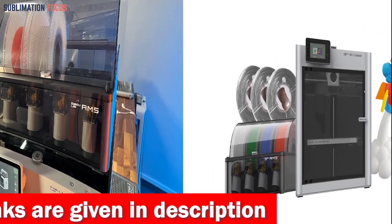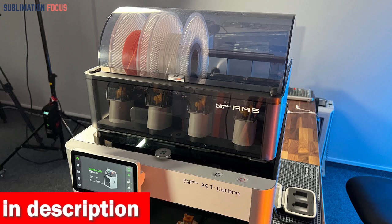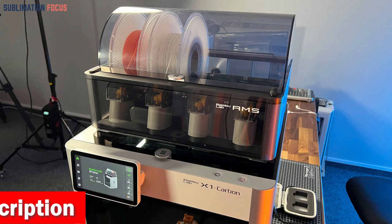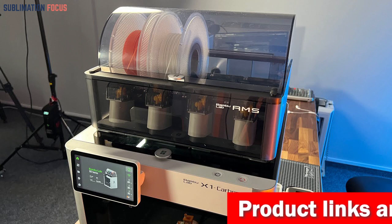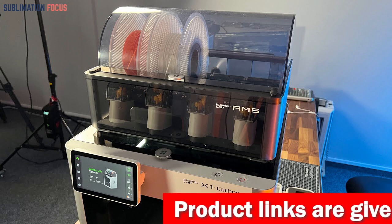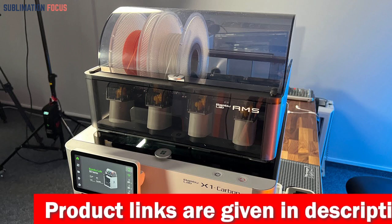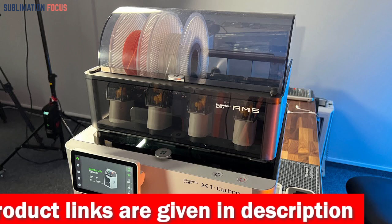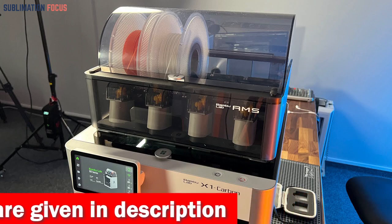This system automates several key steps in the printing process, such as nozzle height detection, extrusion flow calibration, and first-layer scanning, making the printing process effortless. What makes the X1 particularly impressive is its ability to use high-end consumables, including carbon fiber reinforced nylon, and other durable, self-lubricating materials. Such materials provide unmatched durability, making them ideal for creating parts that stand up to everyday uses